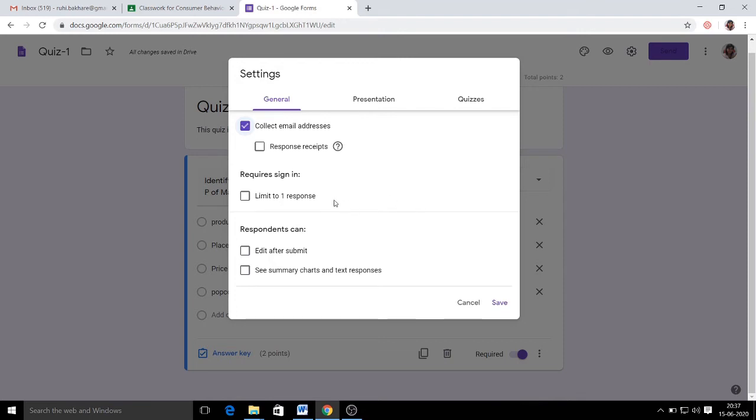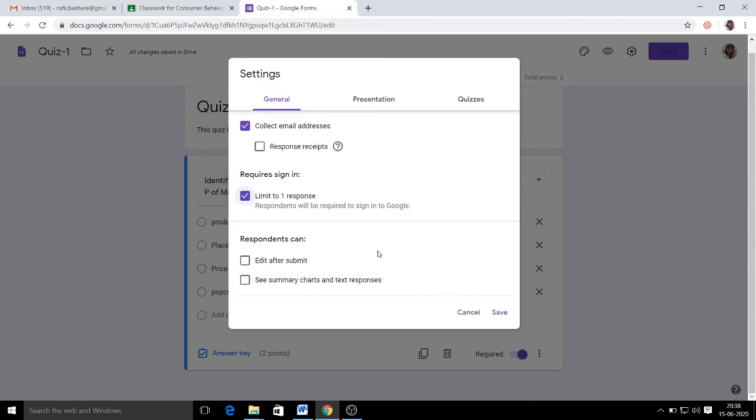In case you want to limit the response of the student, you can click over here so that the response will be limited to 1. Else what will happen? Students will keep on submitting as many responses as they feel. Again, you have to click over these in case you feel that the student can edit the submitted answer. If you tick this particular option, it means even after submission he is able to make corrections or changes in case need be. So don't click over here because it will give him another chance to make certain changes in the answer.